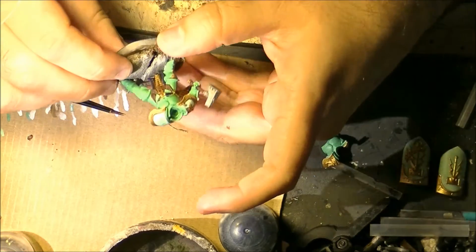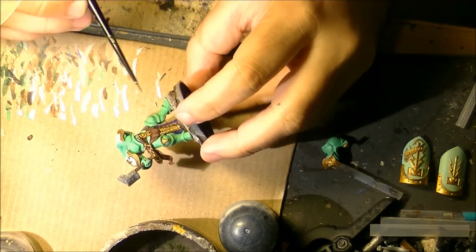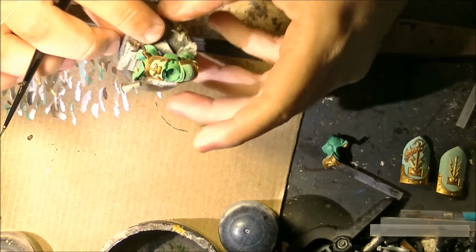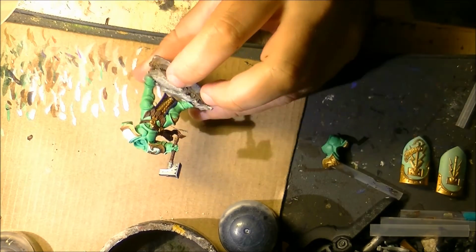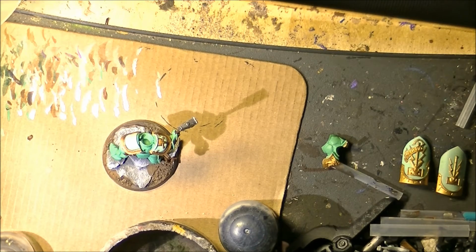So the wash with Agrax Earthshade is done. You see now that it's darker. We have a very nice shadowing on this part here, and also the metal is looking much duller. We are going to leave it like that for a moment, and we will start working on the green part of the armor. And the wash I'm going to use for the armor, let me see if I find it now, it's this one,